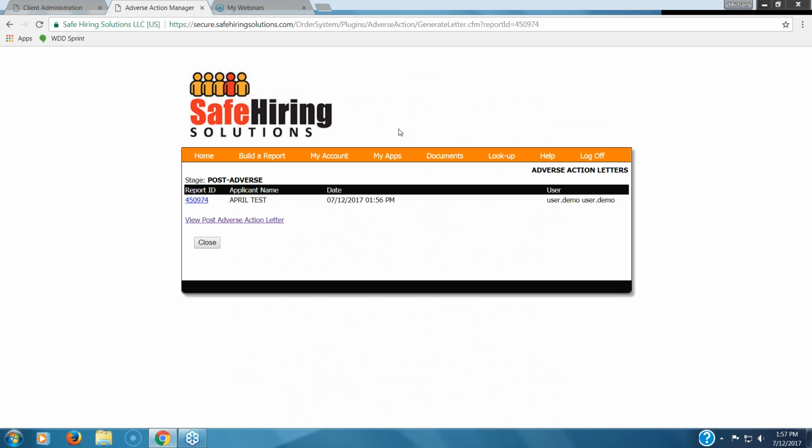So, fairly simplistic to use. It is available to you free of charge. There's no additional service fee for you to use this option within SafeHiring Solutions. If you have questions about that process or what your requirements are per the FCRA, please do not hesitate to reach out to us regarding that capability within our system, or just in general about the FCRA requirements